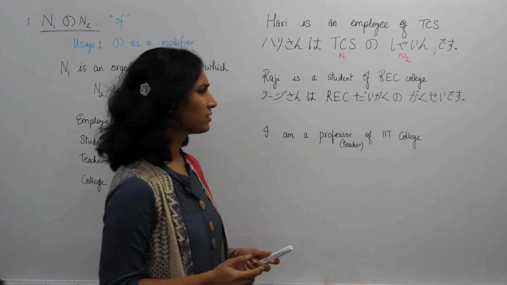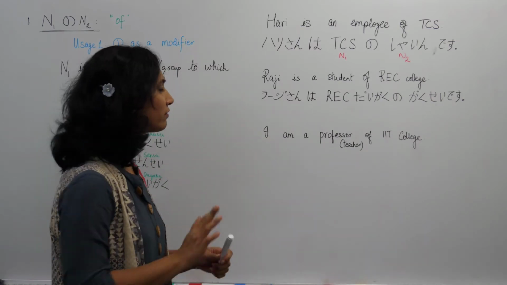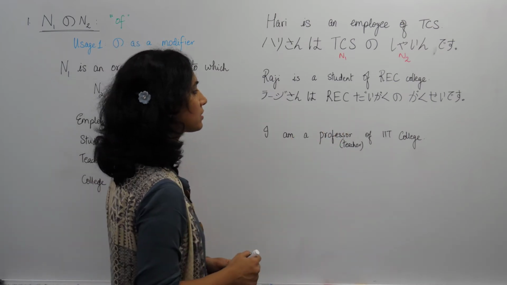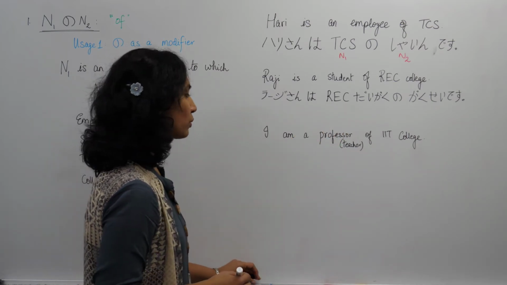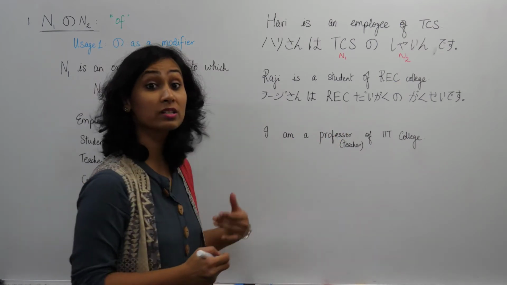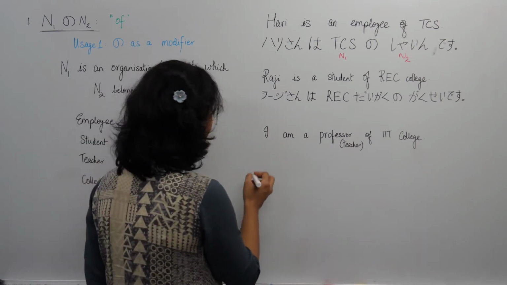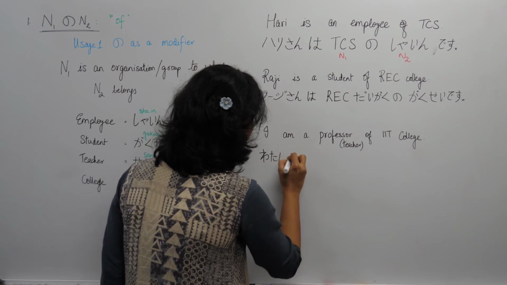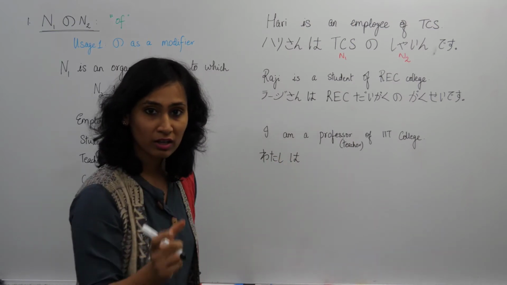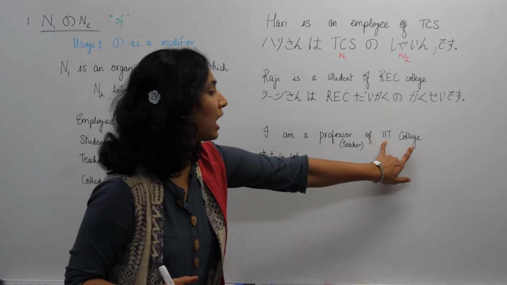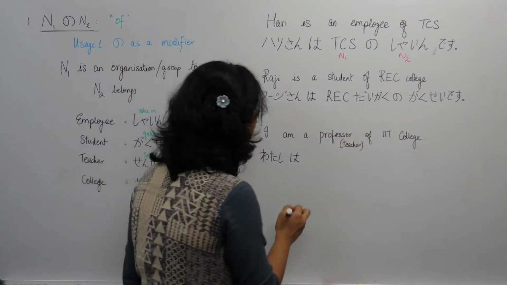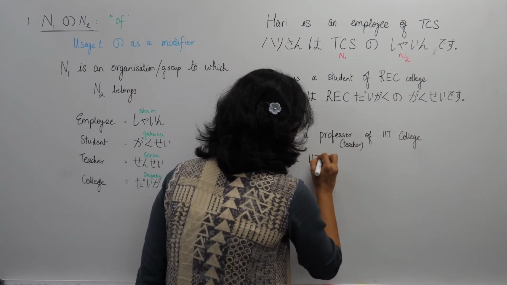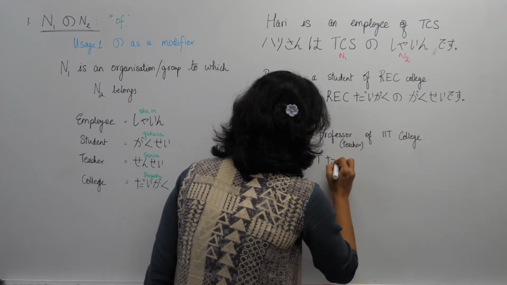It's just by practice. There is no difficulty or confusion even if you don't leave space between the words. The last one, let's try. I. What is the word for it? Watashi. So, watashi wa. What is the organization or the group name here? IIT College. So, I'll write IIT Daigaku